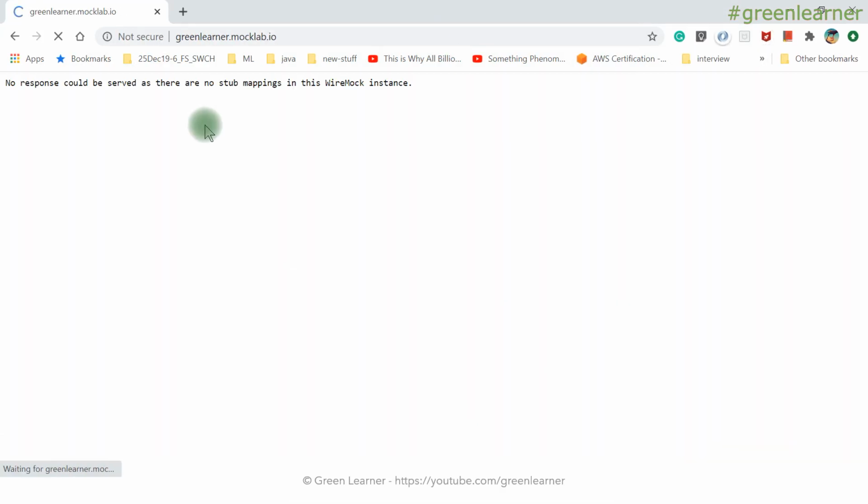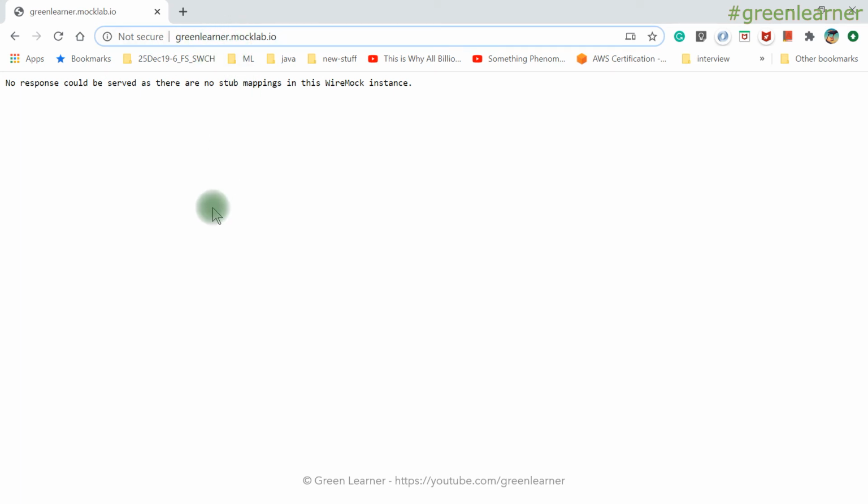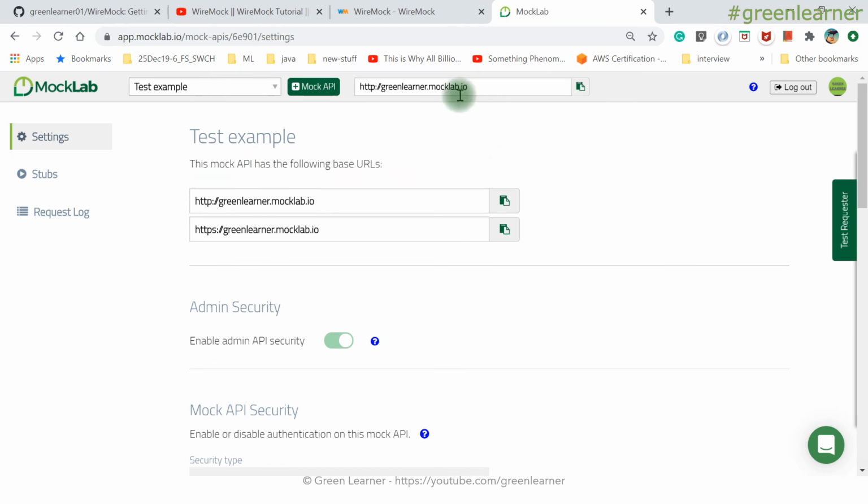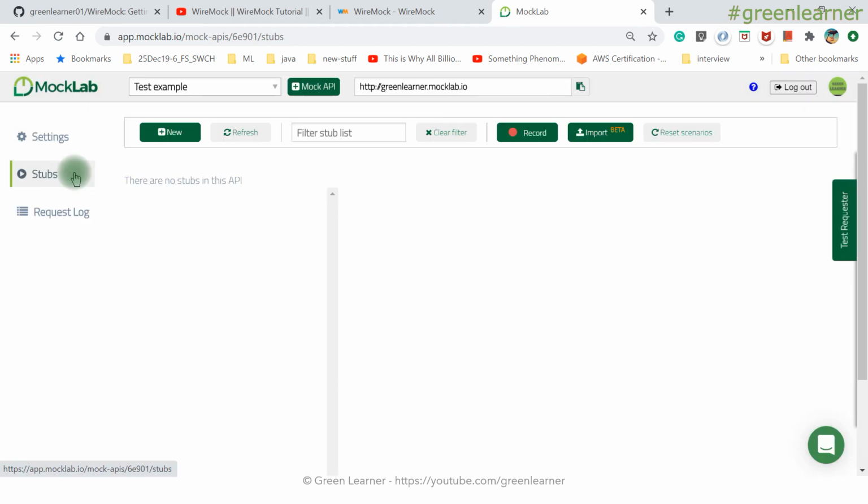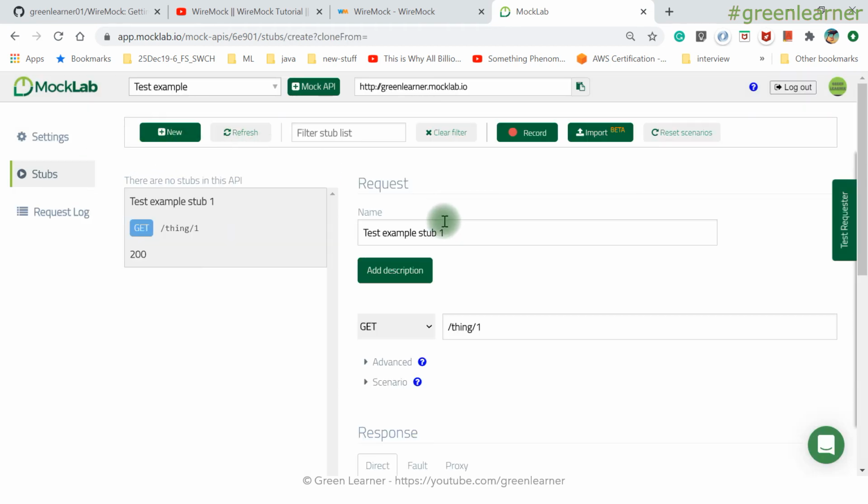So these are the things. Yeah, no response, because with this mock API that you have given, there are no mappings available, right? That is why it is not giving you anything. With this URL, you now have the option to go to the stub section here and create a default response, like earlier it gave you the sample examples, right? And the custom URL it gave you, but if you wanted to customize that, you just have to create a new mock API. This is the URL for that.